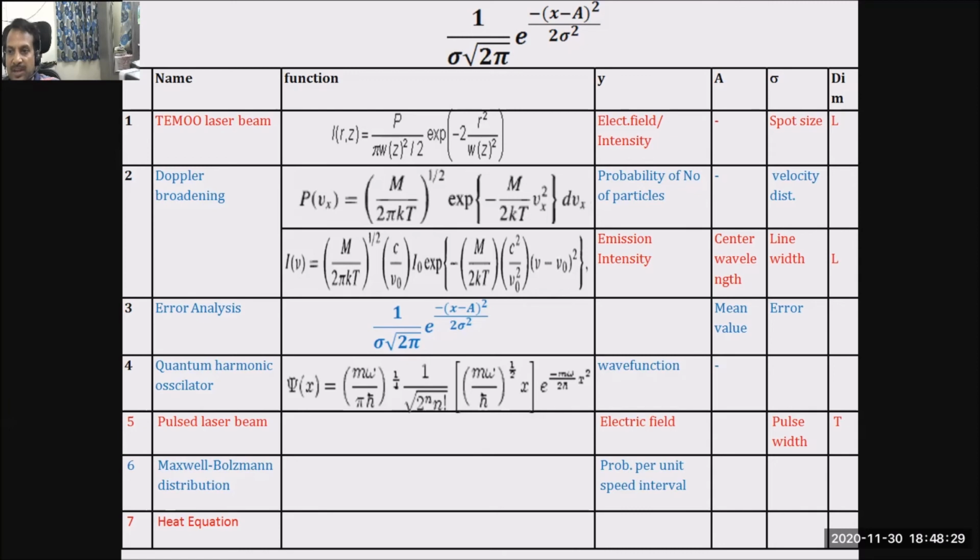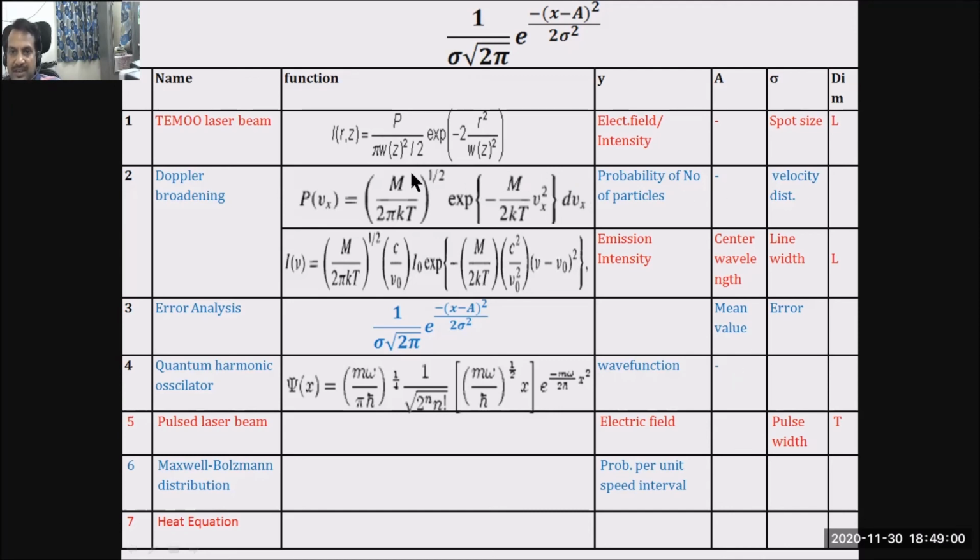And when it comes to error analysis, the width will become the standard deviation. That is what we write after plus minus. And also in some areas, the value of the center. In the simulations, we have used a b here, which is indicated by a here. So for example, in the emission, this value will stand for center wavelength, and in error analysis, it would stand for the mean.